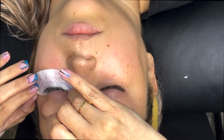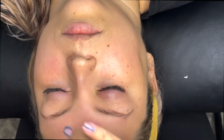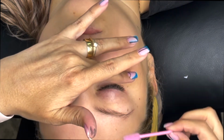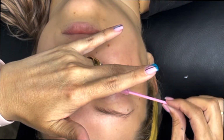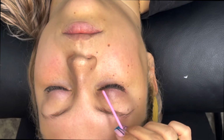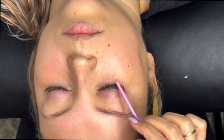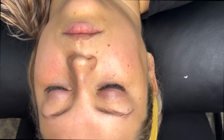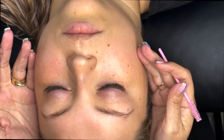But when your guest is ready to open their eyes, you can go ahead and brush one more time to make sure that when they do open their eyes, the lashes look super pretty. And we're able to see here that there is a very smooth transition from the numbers. This is why we're using 5 blocks from 7 to 11. And once this person is ready to open their eyes, they can do so, and voila, it looks very, very